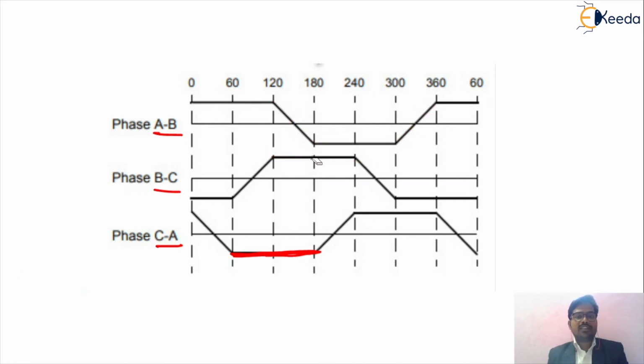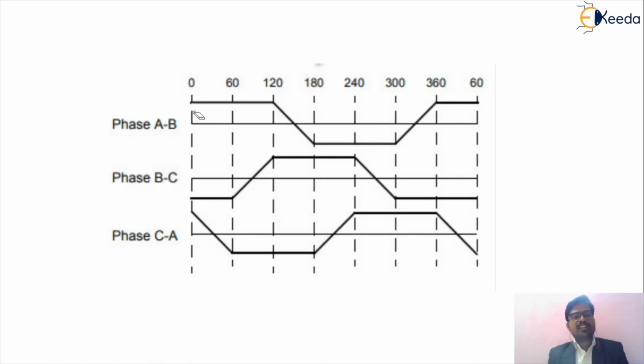As we know, these are the waveforms of the phase sequence of A, B, C and A. Why are we giving the supply to both armature windings? Because if we give the supply to only one winding, then due to its rotor position, sometimes the rotor will move in the clockwise direction and sometimes in the anti-clockwise direction. If you want speed in a particular direction, that's why we use simultaneous phase sequencing of A and B. So that's why we are giving the supply to phases A and B.